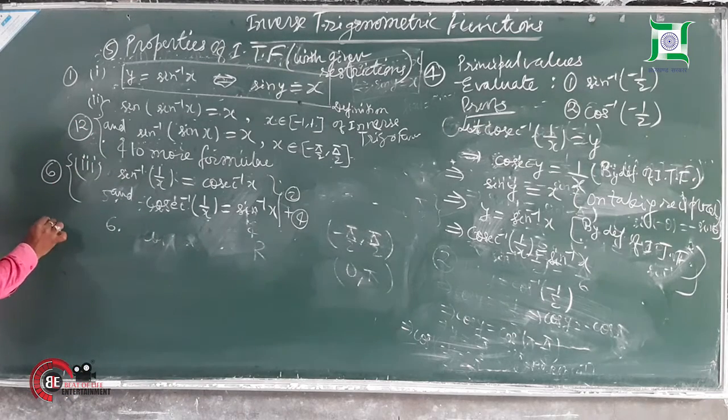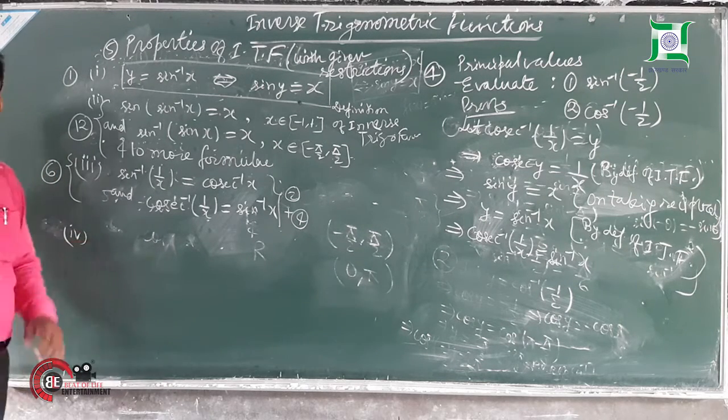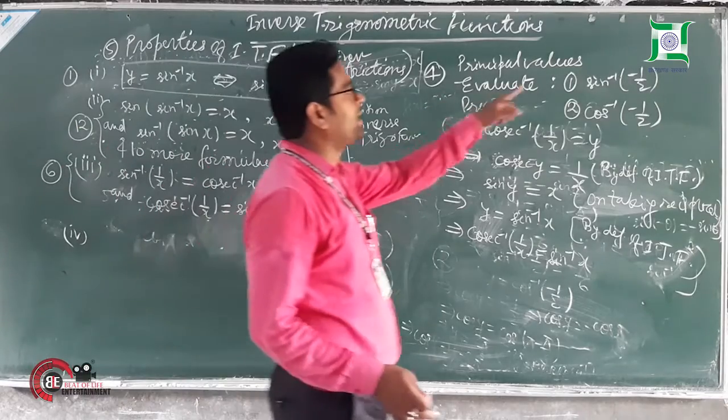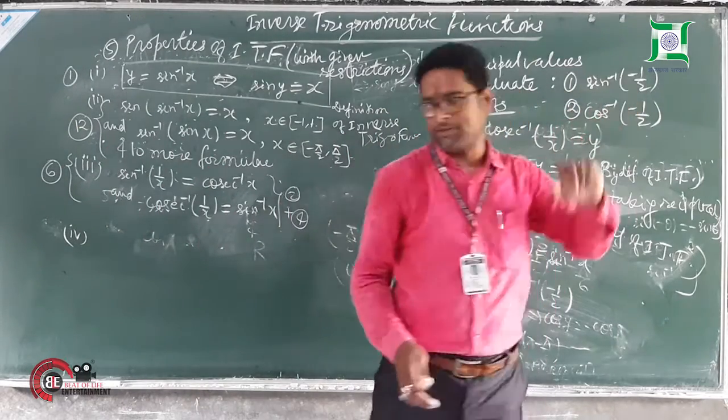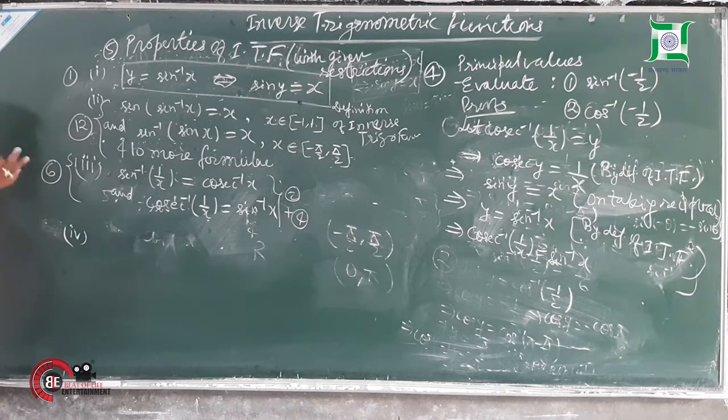Now, the 7th category. Sorry, this is the 4th category. First, second, third, fourth category of the properties of inverse trigonometric function. In this category, we will see the negative angles. What was my target to prove? See, we have the next formula that is based upon negatives of the angles.